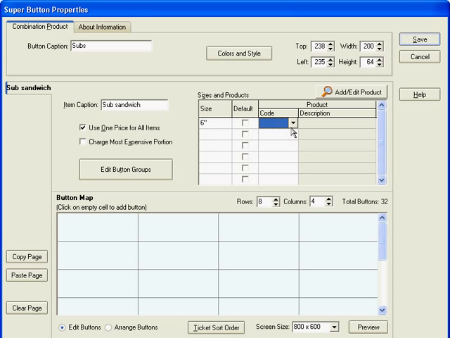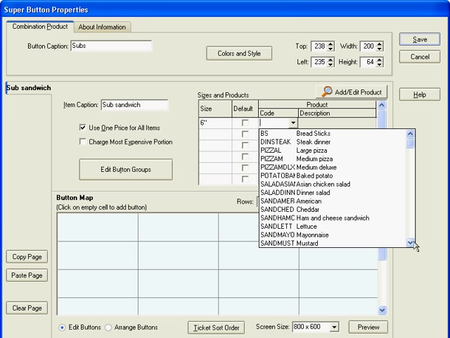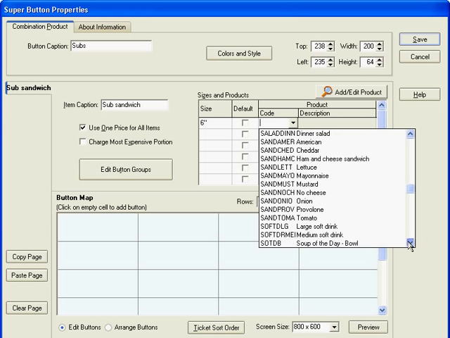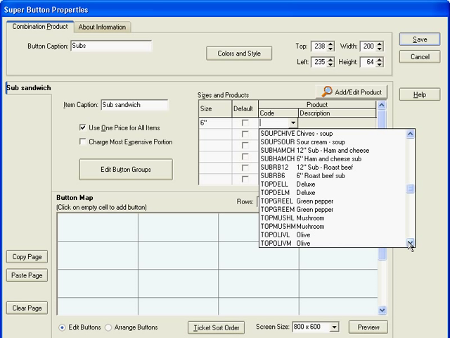And then we'll look at our product code list. We've set up product codes for a 6-inch ham and cheese sub and also for a 6-inch roast beef sub. However, we're not going to be using these product codes. The product codes that I set up have the full price of the sandwich. And what we're going to be doing is just setting up placeholder product codes. In other words, just product codes to save the size or handle the size. And then we'll be charging for the individual sizes